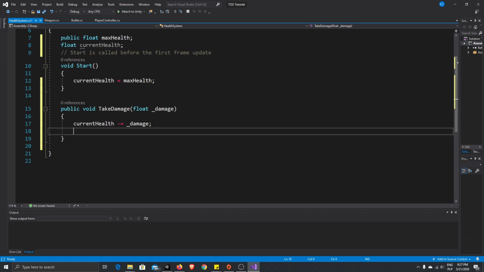Okay. What we'll do next to inform our player that we took damage, we need to update the health bar. That will be information for our player. So the health bar. Okay. For now, this function will not work yet. We'll create it